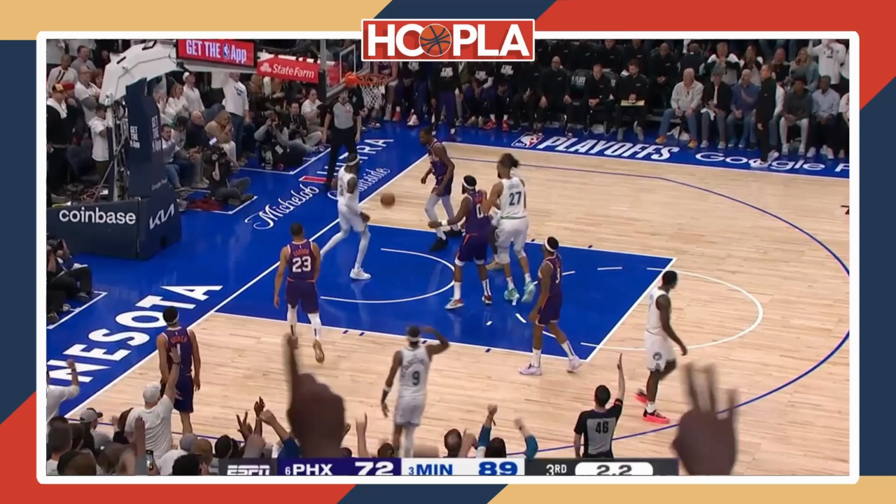Ant had settled into the game. He stopped getting so deep into the paint and allowing the defense to collapse on him. He started to make quick, decisive decisions, but he also slowed down and let the game come to him, which it did. I'm sure the Suns will make some more adjustments and try some different defensive strategies moving forward, but letting Anthony Edwards have this type of performance was a mistake, and the Suns could be in some serious trouble already in this series.